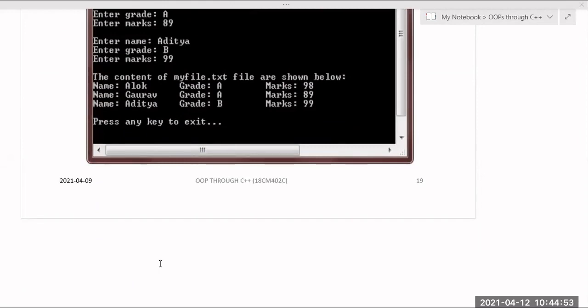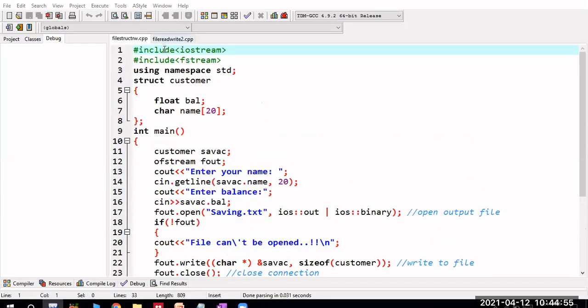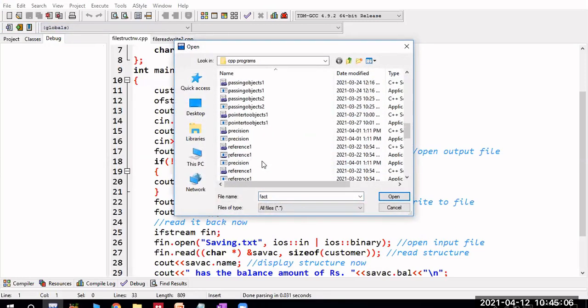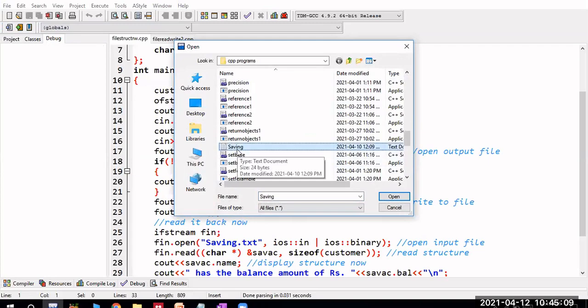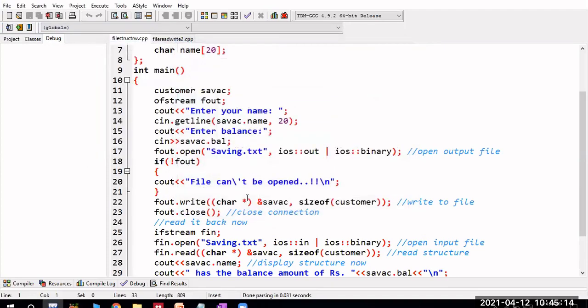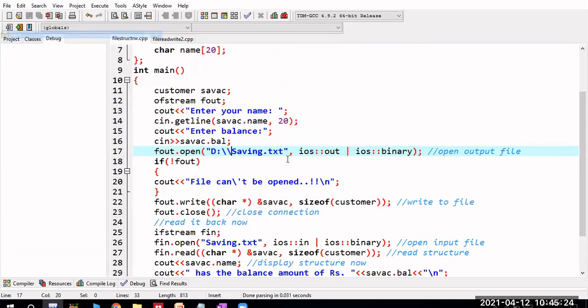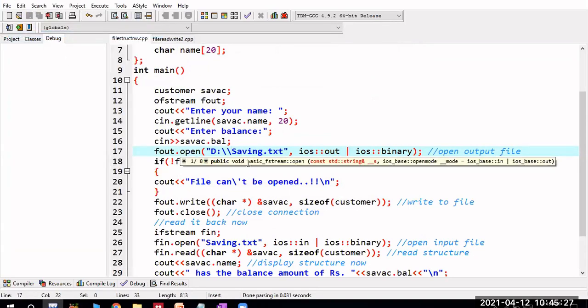Hope this Dev C++ is visible, right? Yes, sir. Right. So here I am having this saving.txt. First of all, I will open, because even if you are taking this one, saving, it is already created. So I will delete this one. I will delete this saving. So you can create this anywhere. If I want to create it in any place, then you have to mention like D, like this. Okay, you have to mention D saving.txt. But only in the default folder it is automatically created. But in case of this one, it may give error.